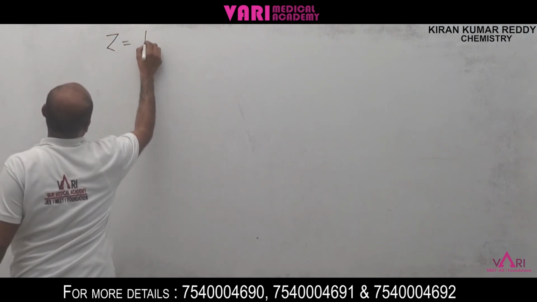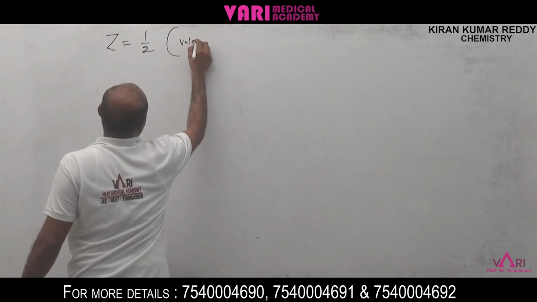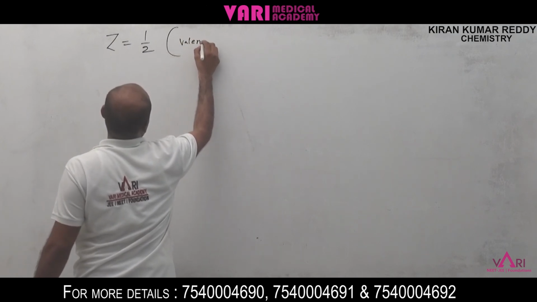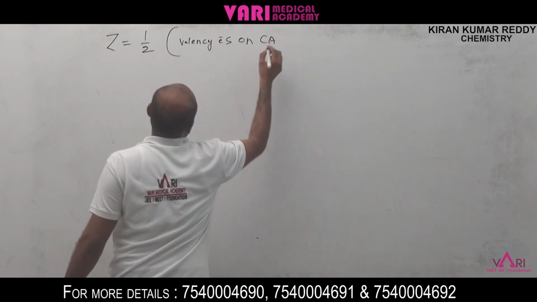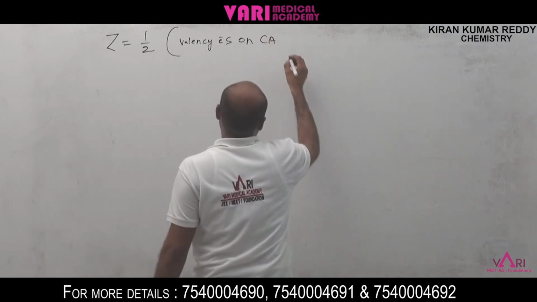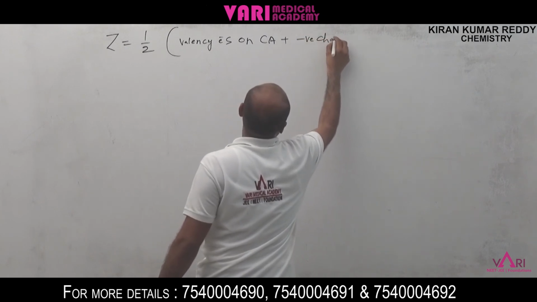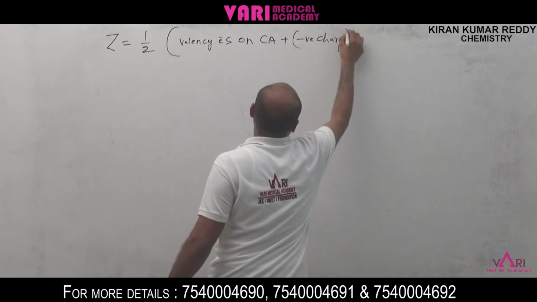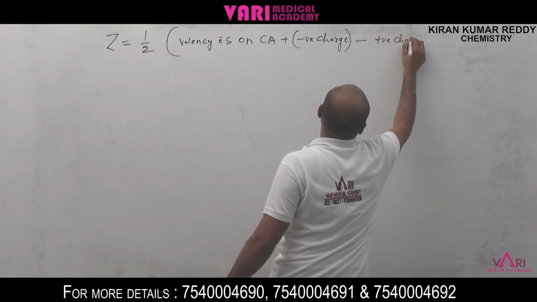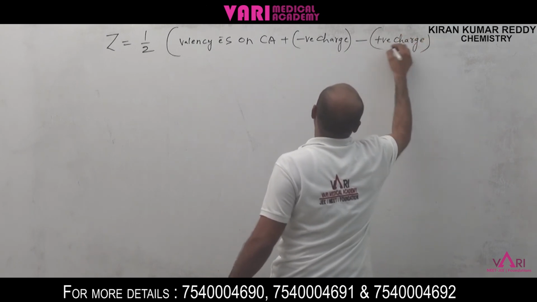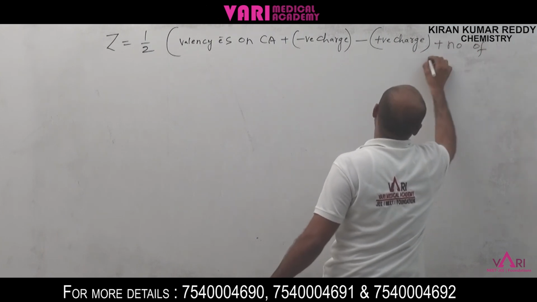Z is equal to half of valency electrons on central atom plus negative charge, minus positive charge, plus number of monovalent atoms,